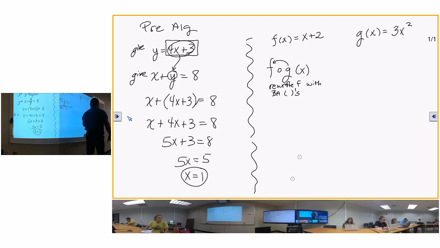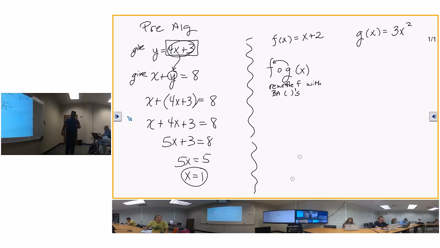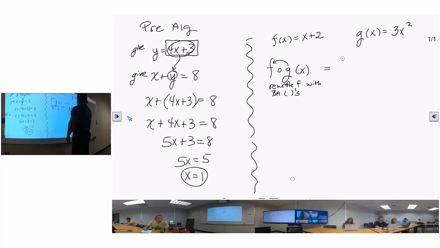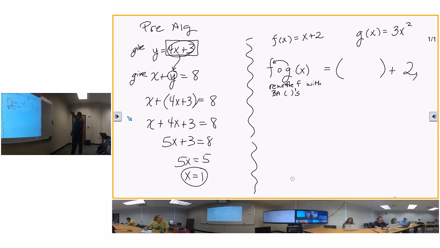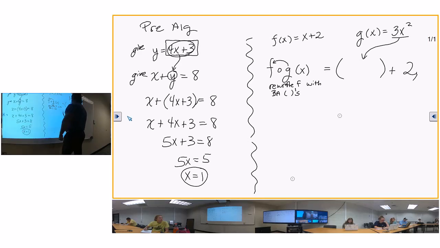I'm going to rewrite F with big parentheses. So what's it going to look like? Well, it's going to look like this: big parentheses plus 2. See where that x is in F of x? I made it a big set of parentheses. Now what am I going to plug into that big set of parentheses? I'm going to plug G of x into F. And that's going to give me